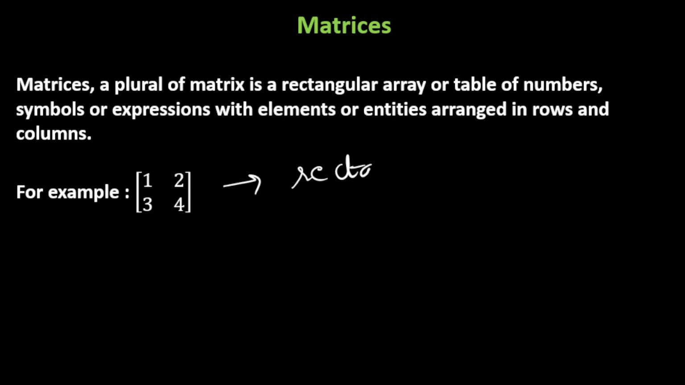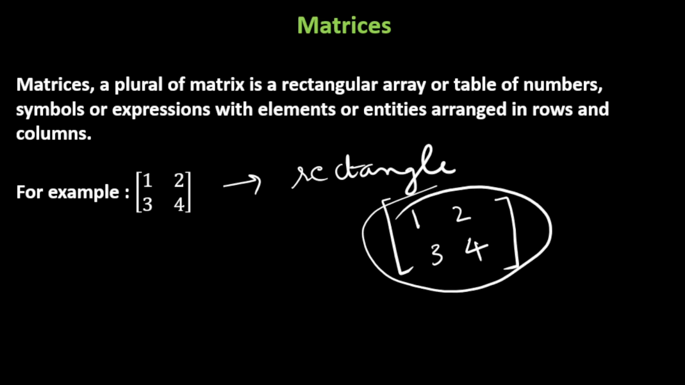See here, in rectangular form, the arrangement of numbers. So inside the square brackets, as you can see here, some numbers are written. So this arrangement of numbers is known as a matrix. So here the numbers,